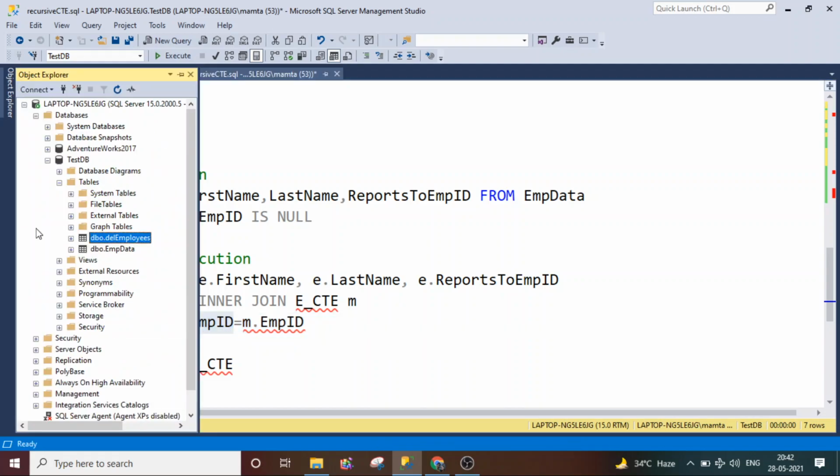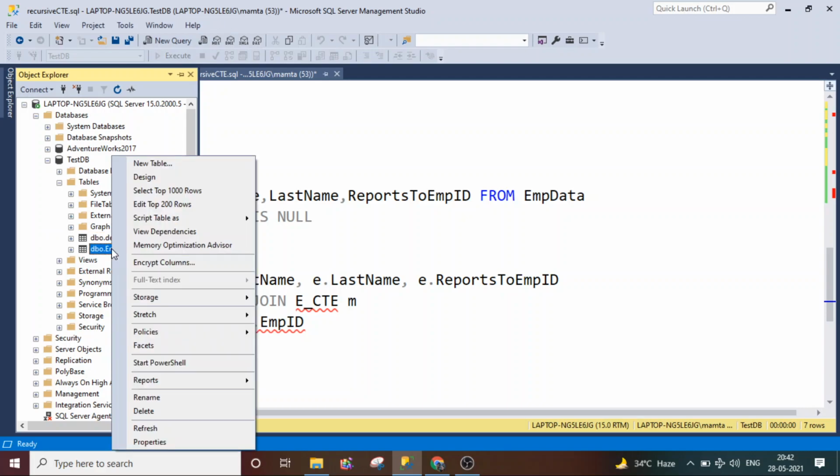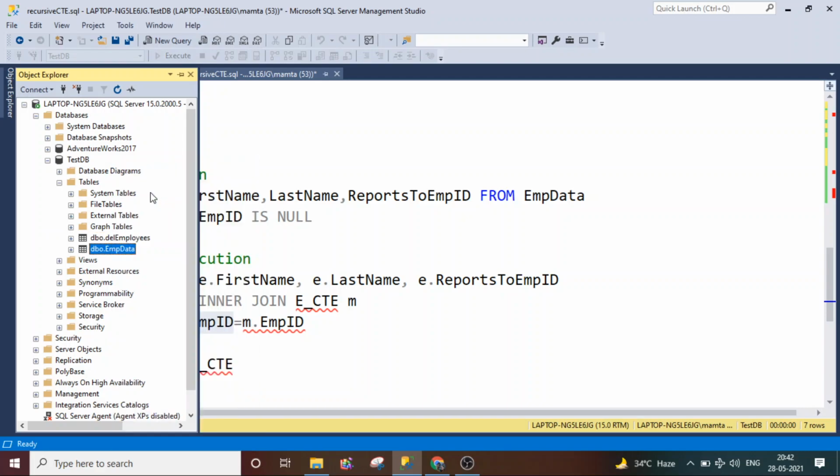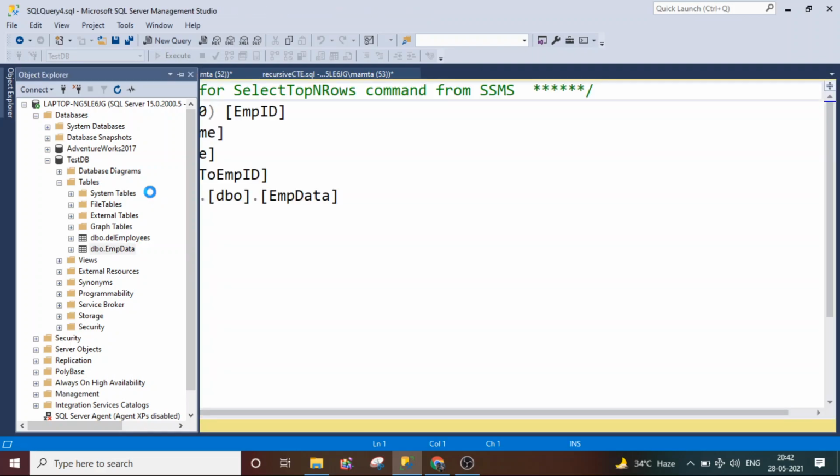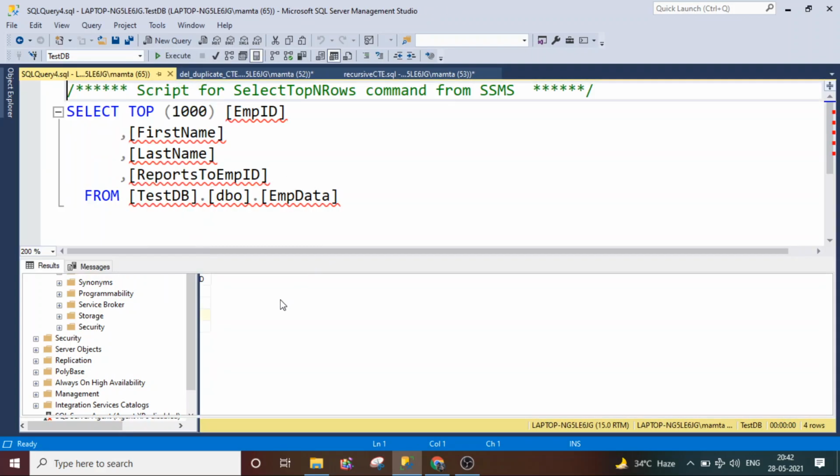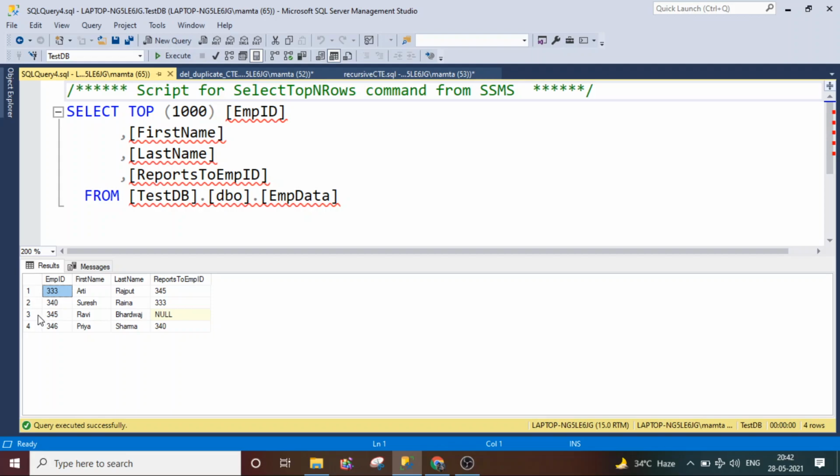Okay, let me show the table here so that you have better clarity on how the data looks. If you see here, this is one employee whose employee ID is 345, but he is reporting to none, because he is the senior most employee. Now there is an employee whose name is Priya, and employee ID is 346, but she is reporting to 340.